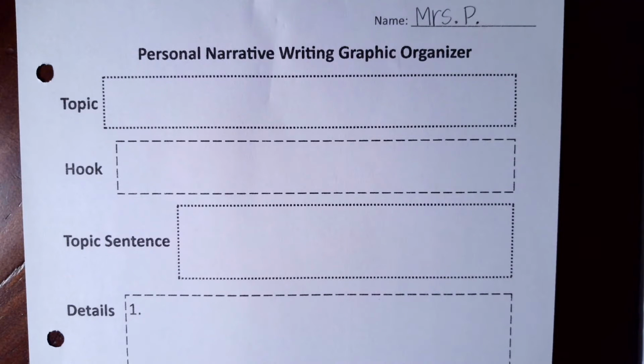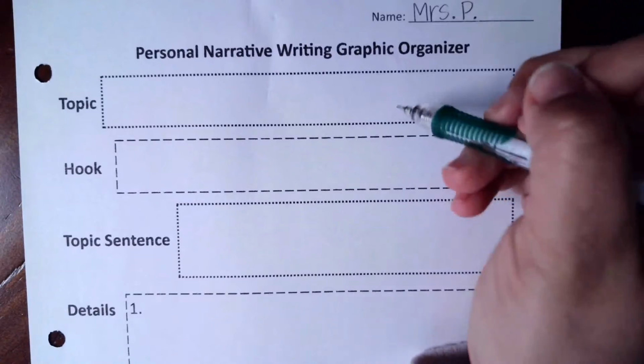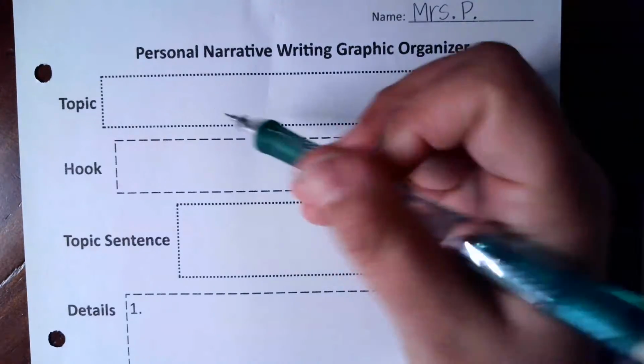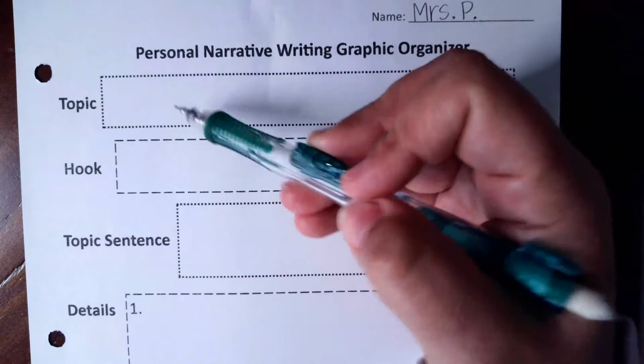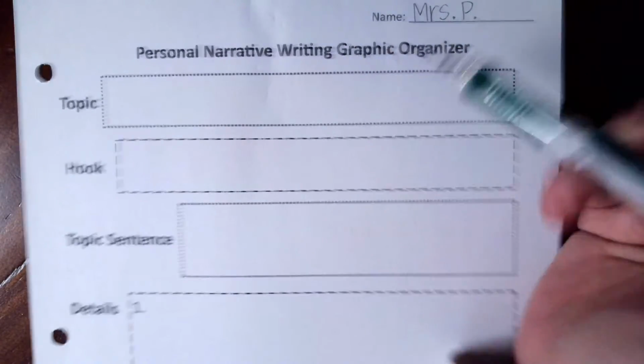So you're not going to write about going to the beach necessarily. You're going to write about maybe building a sandcastle, riding the waves, eating your picnic lunch, playing frisbee with your parents. Whatever it is, that is your seed story. So your topic is not going to be the beach. Your topic would be building a sandcastle, riding the waves, whatever.